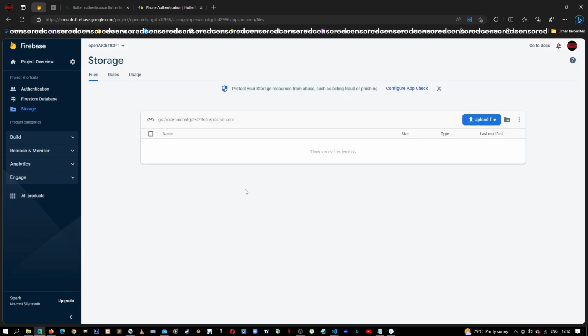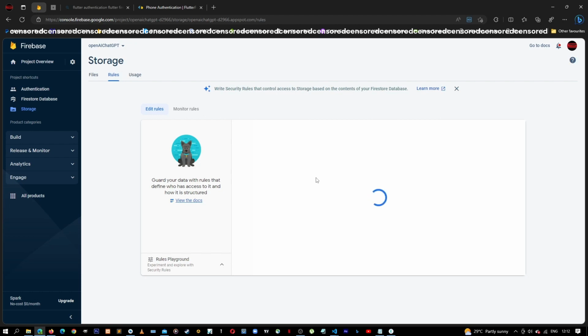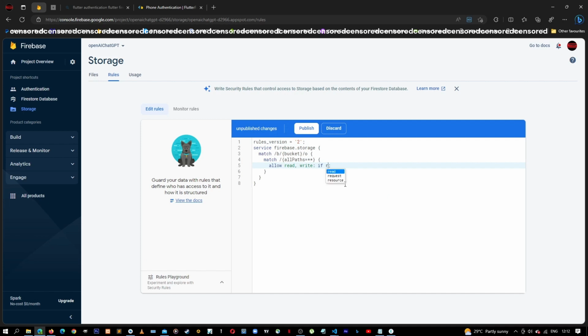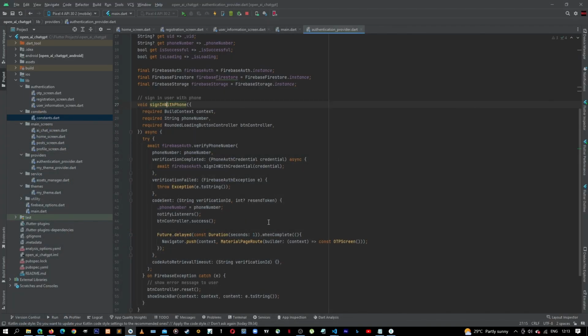Let's just wait for it. Again, let's go back to our rules. Let's do the same. We say if request.auth does not equal to null, let's publish. Okay, so that's it on our Firebase. Let's minimize this, and then next is